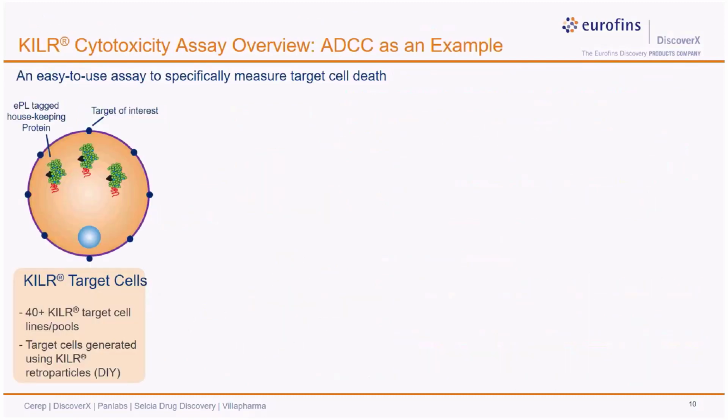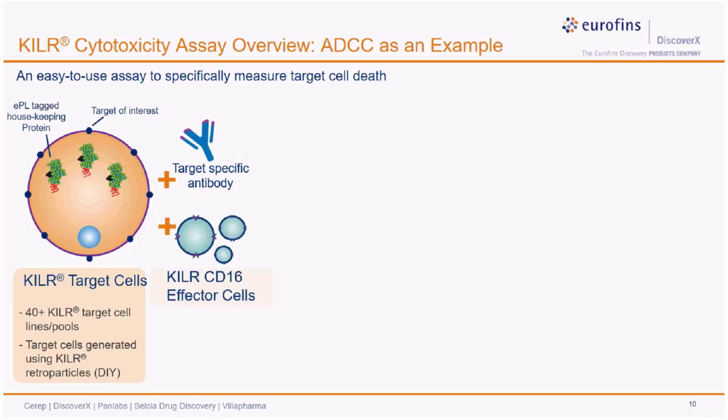So here is an assay outline on how Killer ADCC assays are set up with the CD16 effector cells. To start with, you can choose the cell background of your choice. We have over 40 ready-to-use cell backgrounds available in our catalog that you can pick from. Good chances that you will find your desired background, but if not, we have a custom assay development team who can build one for you. We also have do-it-yourself kits if you would like to build the Killer cell lines in your own labs. Next, you will add your drug candidate in the assay, incubate for 1 to 6 hours,